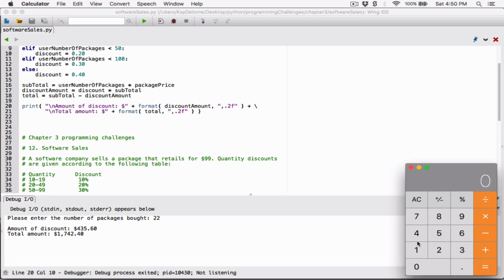So 22, first of all, times the retail price 99. This is no discount applied. We're getting 2178. But because we're getting 20%, 20% of 2178 is 2178 times 0.20, which is the same as 0.2. So we are getting a 435.60 discount, right? Now we're buying 22, right? 22 times the 99 gives us the subtotal. That's the raw value without any discount. If you subtract the discount, which is 435.60, from it,